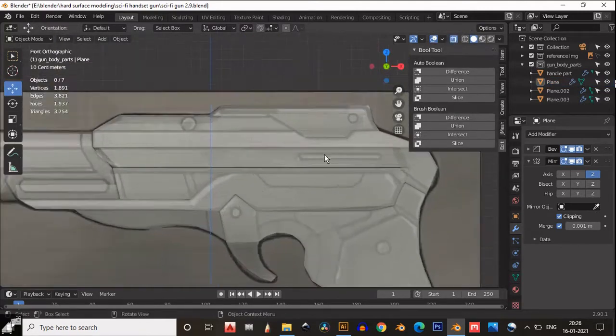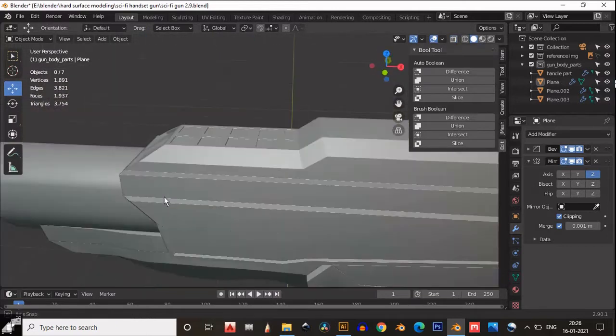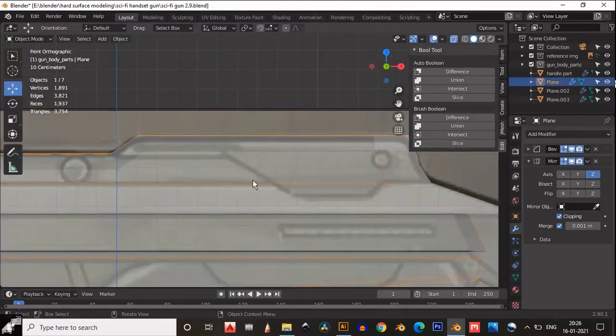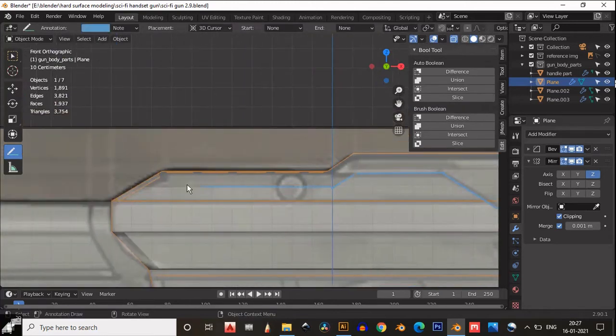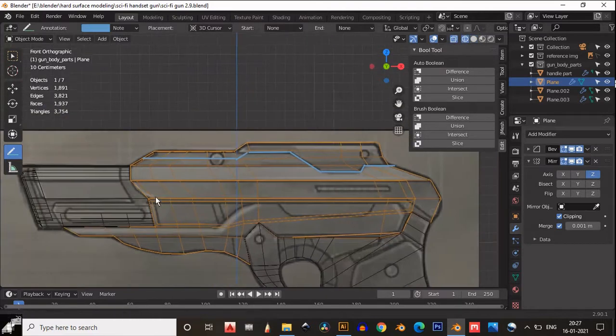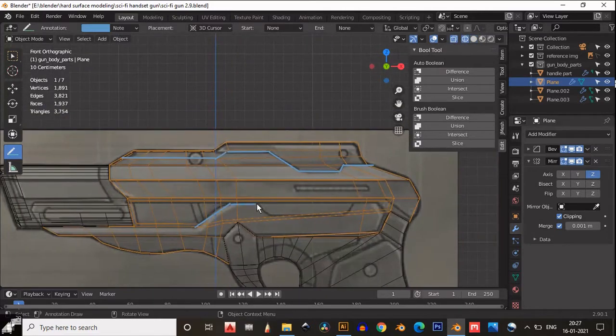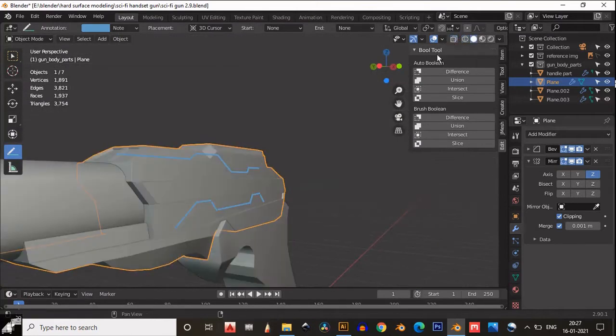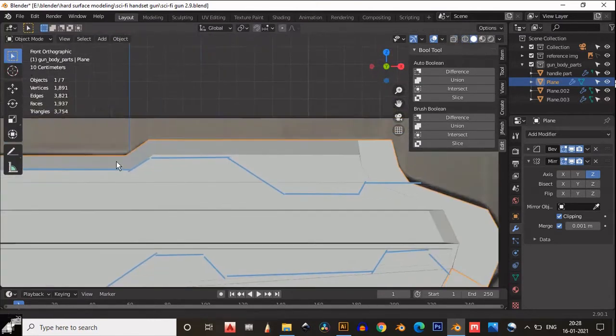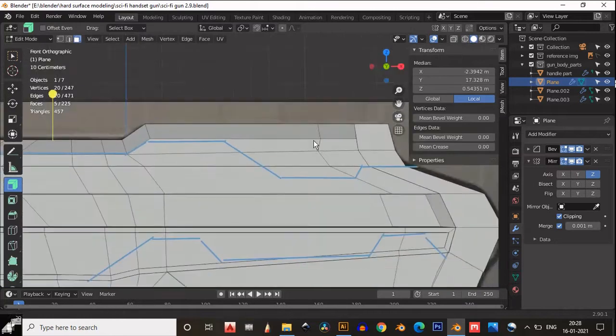Simple. Now you need to use your annotation to guide yourself to create a design. So use annotation and create a design on it and try to follow that design. Try to follow the annotation line to modify your model. It's not necessary that you follow that annotation perfectly. At least you should try.